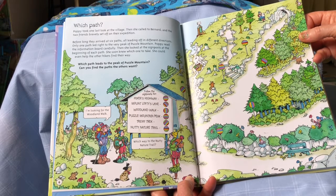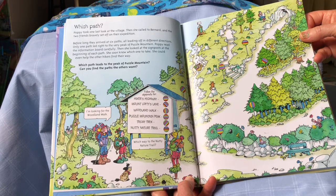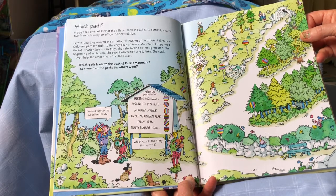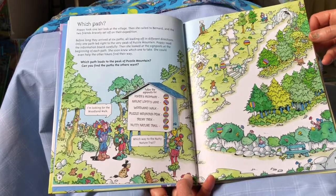I'm looking for the Woodland Walk. Which way to Nutty Nature Trail? Lots of choices. I'm sure you can find